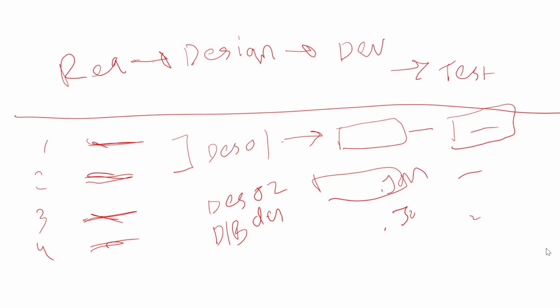Kuldeep, are you there with me? Yes, sir. And what is this chart called? Requirement management, requirement traceability matrix. So basically, this particular type of chart is called a requirement traceability matrix, which means from the beginning till the end, this should be done. That's what it is trying to say.